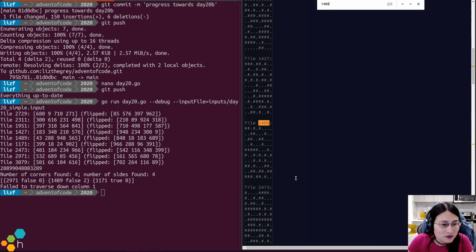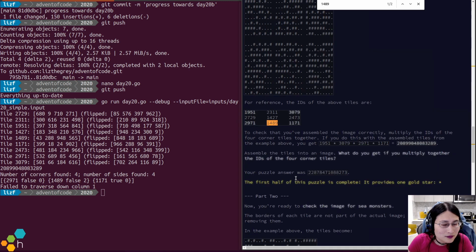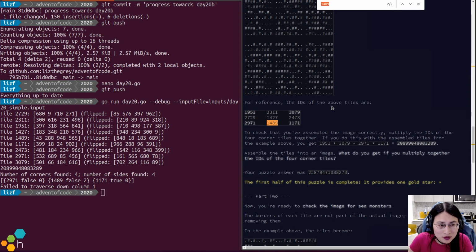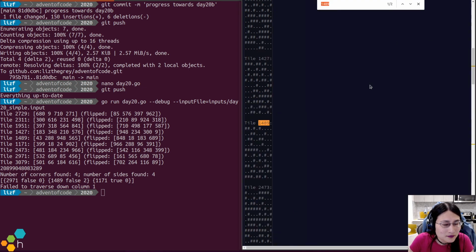No, that's not correct. 1489, yeah, it's had the same rotation applied. Has it been rotated at all then? If it also was flipped twice and rotated in Eric's example, in my example, it should be completely unmodified.